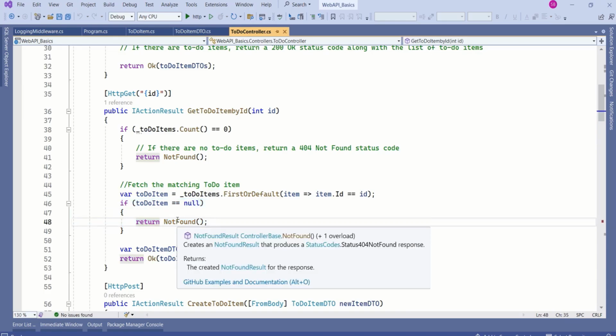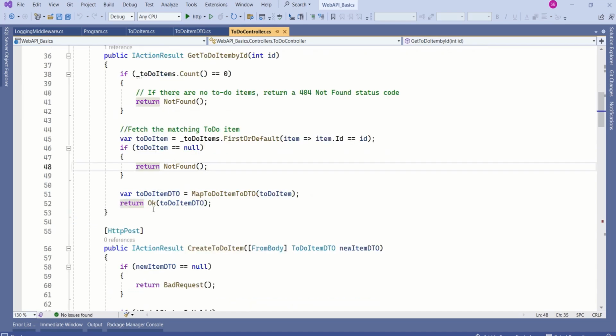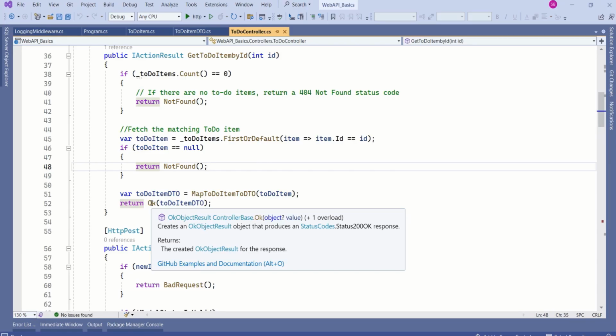Again, we are telling it's not found, then we are sending 404. If it is successful, then we are sending 200. This way, as a developer, we have to make the decision on what status code to send back to the client. And the client-side application will make use of these status codes to decide what action has happened at the server side.